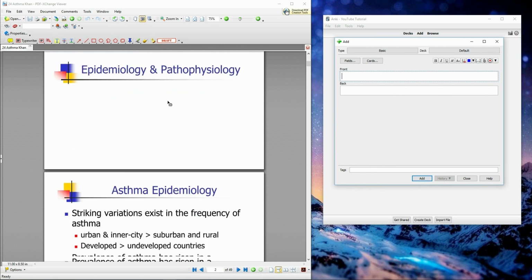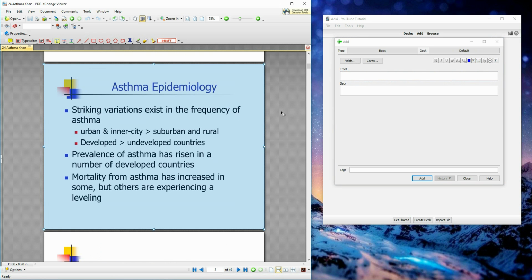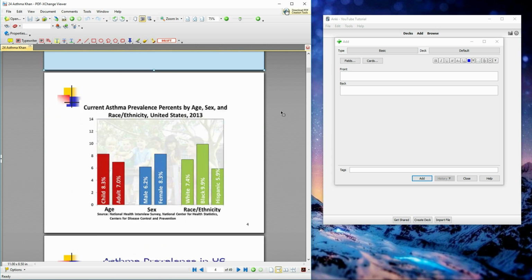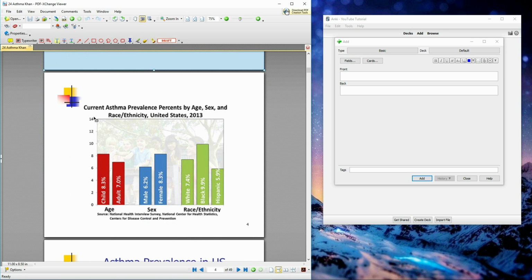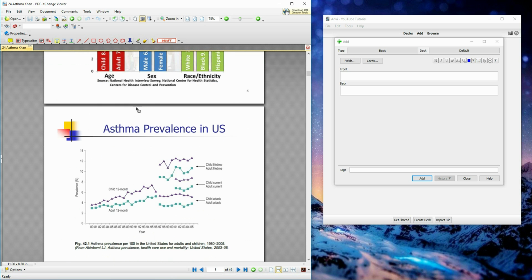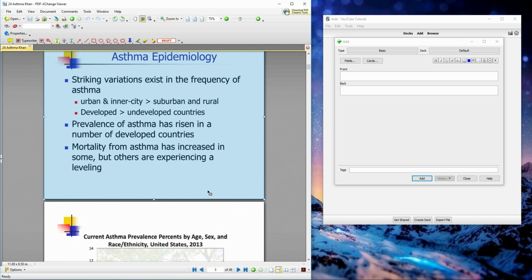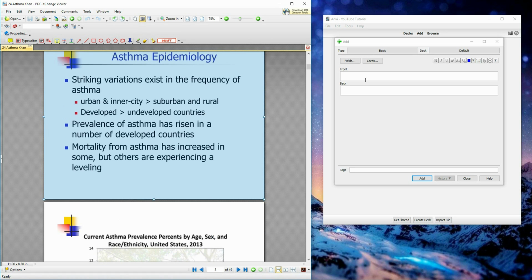And so I'm going through the first couple of slides, and I'm just trying to understand what's the big idea that these next few slides are going to talk about. You can see that this first slide talks about asthma epidemiology. Here's a table, here's a graph, and so I understand that these first 3 slides are talking about the epidemiology of asthma. So what I like to do is I'll just go ahead and type asthma epidemiology, if I can spell,